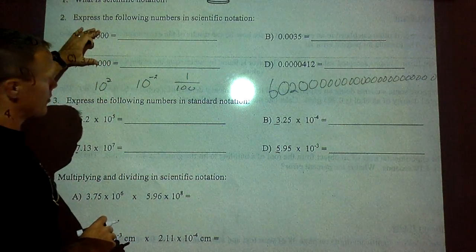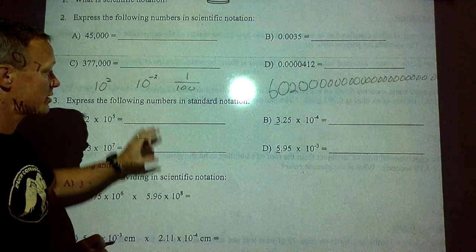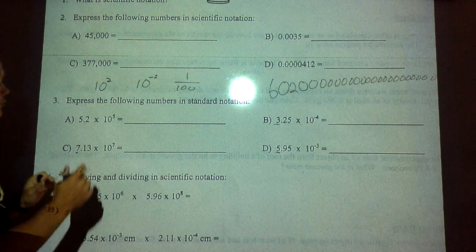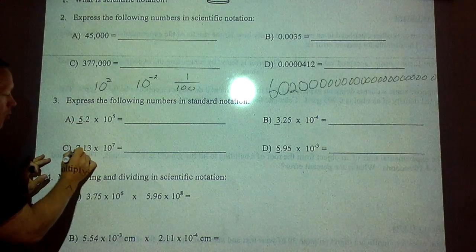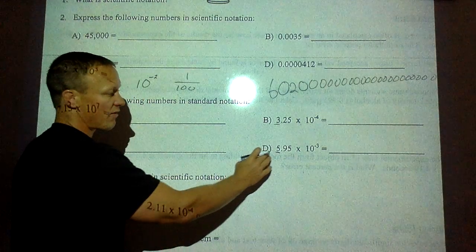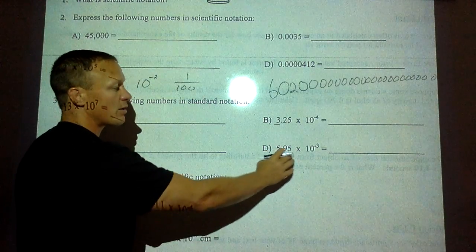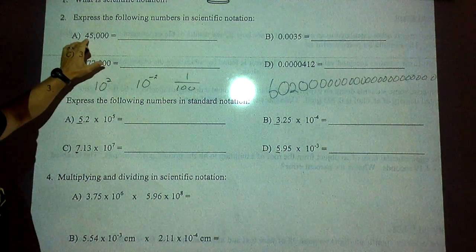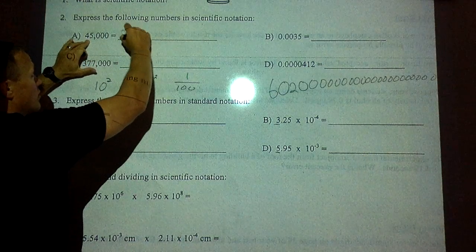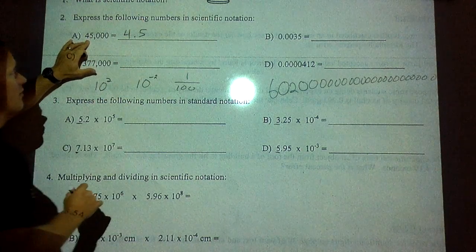So first thing, these are normal numbers. We'll put those into scientific notation, and then some numbers in scientific notation we'll put into normal numbers. Again, the first rule is this: I always only have one number left of the decimal. I never have two numbers left of the decimal. So I wouldn't have 59.5, it's 5.95. So up here, we're going to move our decimal until it's between the 4 and the 5. So we're going to have 4.5